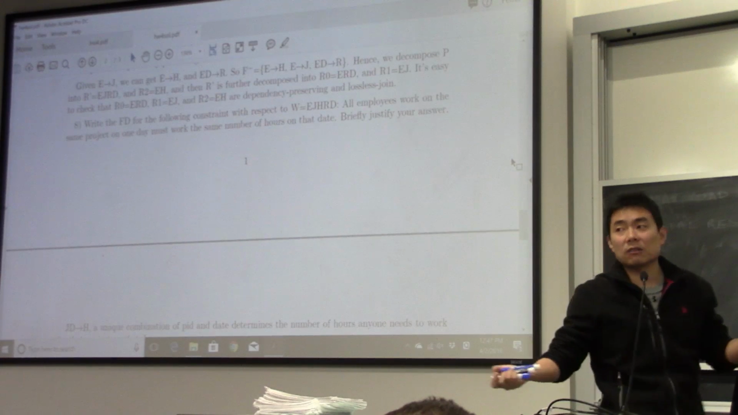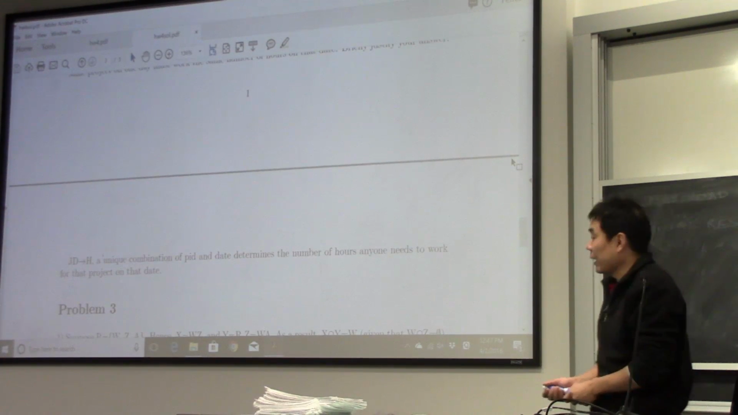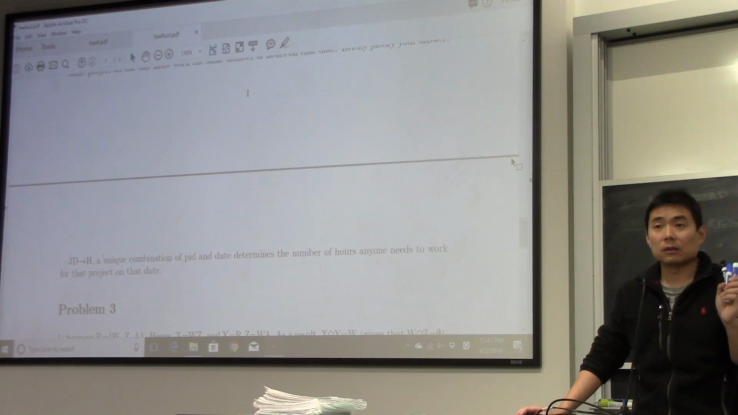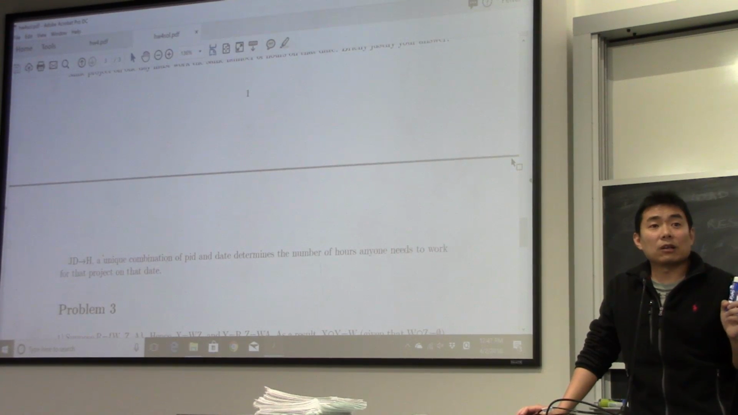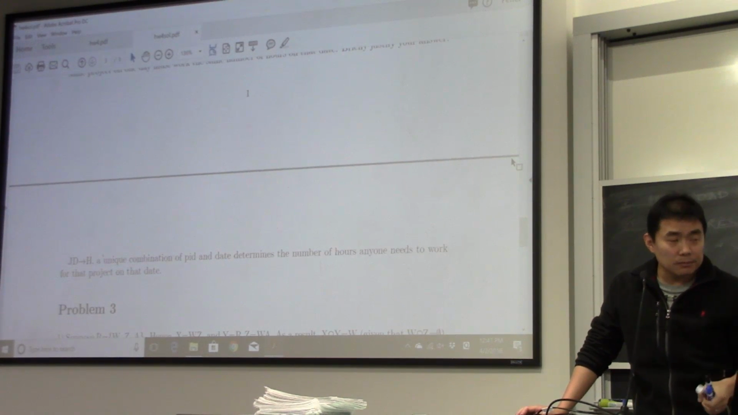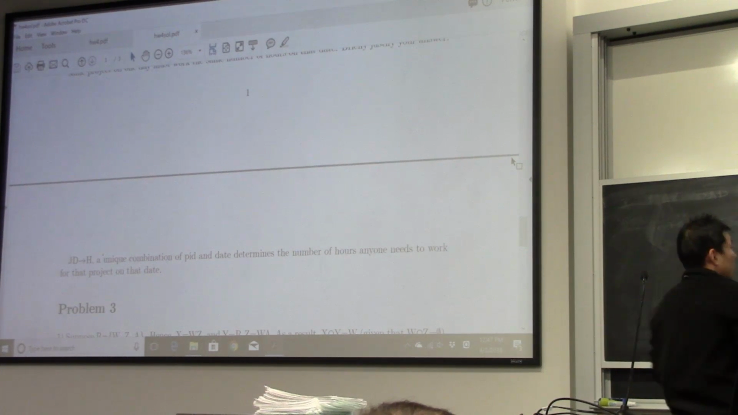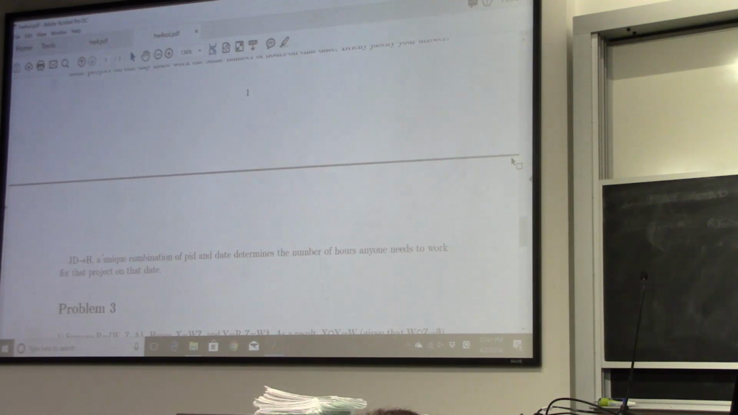How do you express this using functional dependency? Well, you use J and D determine H to capture that. What is that? Can someone explain to me why this captures the given constraint? Because employees are already pointed to a project, all employees, so you would only need the project and the date to point to